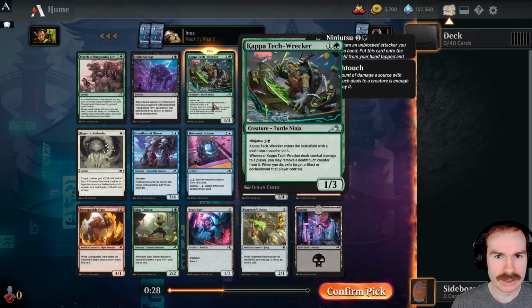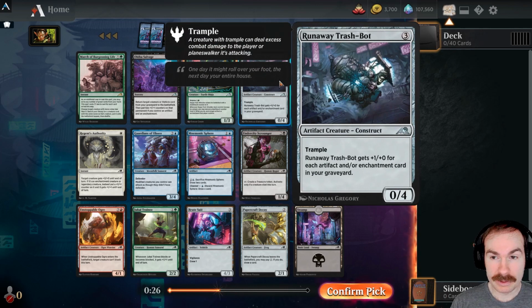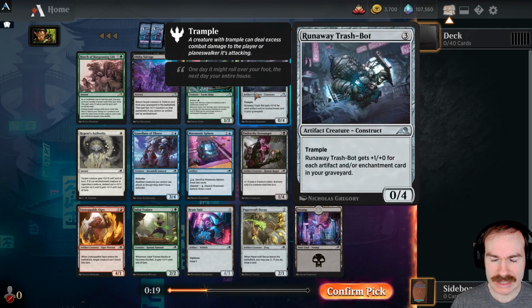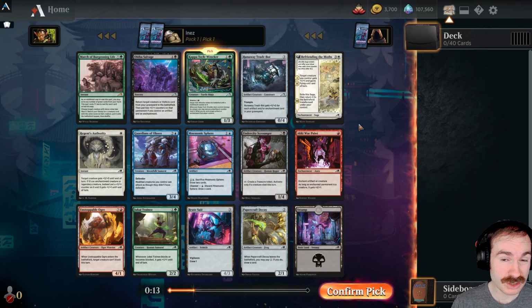Not a fan. Runaway Trash Bot. Cool in concept. I haven't had a ton of success with it, though. Turns out it's tough to get a ton of artifacts and enchantments in your graveyard. I mean, at best, I think I've seen it be like a 4/4 trample, maybe, which is a good rate for